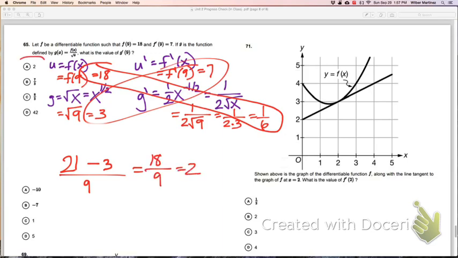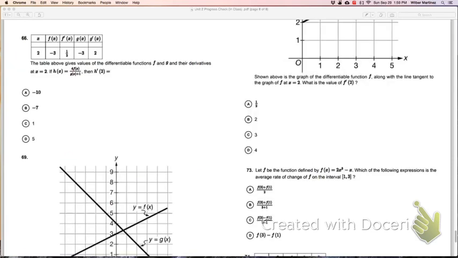For this next one, they're giving us h equaling 4 times f of x, there's no issues there, but then divided by g of x plus 1. So we have to use the quotient rule. Nothing inside of the numerator, nothing inside of the denominator, but the fact that we have x's on the top and bottom yields the quotient rule. So if I say that u is equal to the top function, which is 4 times f of x, and that v is equal to the bottom function, which is g of x plus 1,